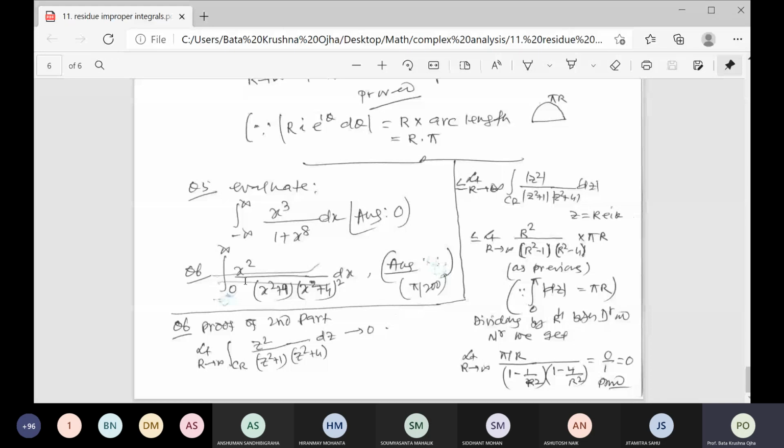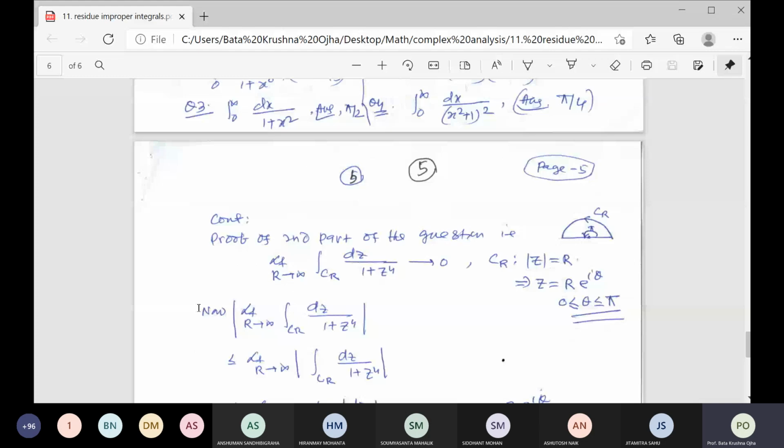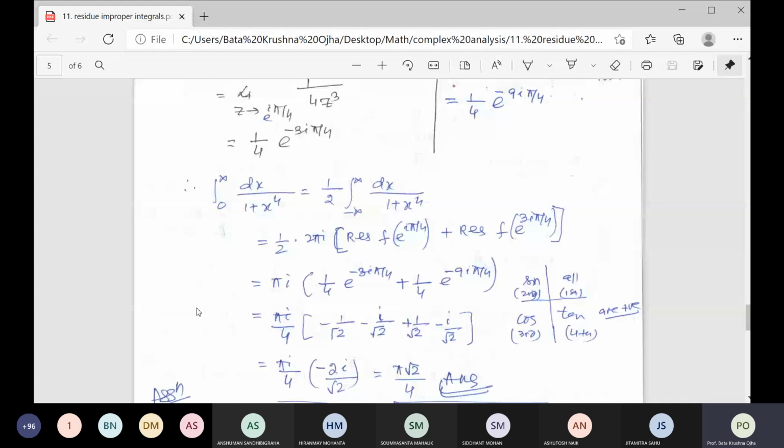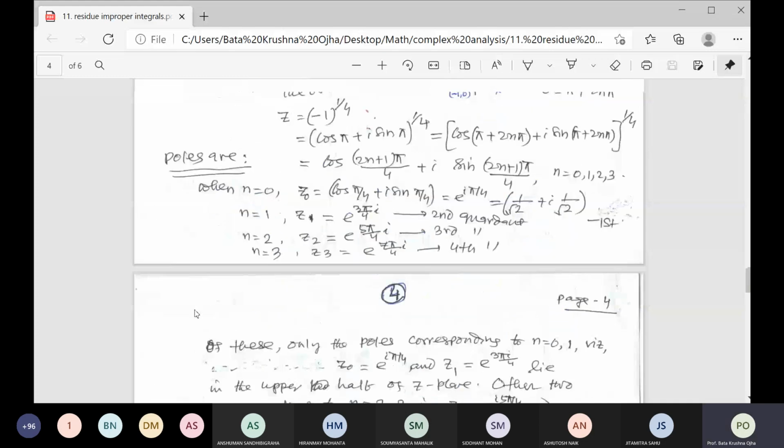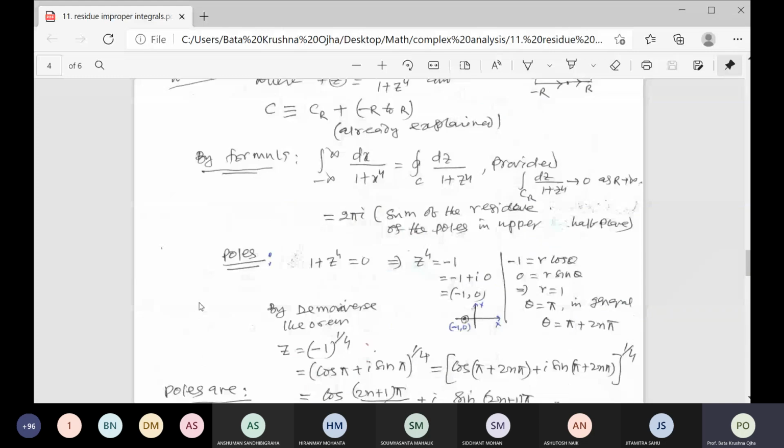And question number 6 is already solved. So you have to do all the questions. If somebody tries and does not get the answer, please send your answer to the subgroup. Okay, sir. Ansuman, you just send your answer in your WhatsApp group, right? Yes, sir. So you solve all the questions. Next class I will discuss your Fourier integral.